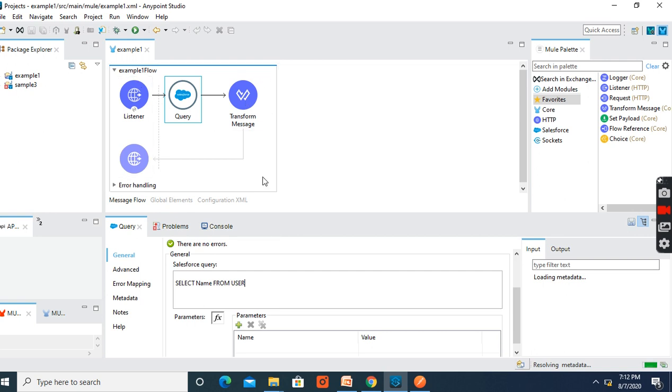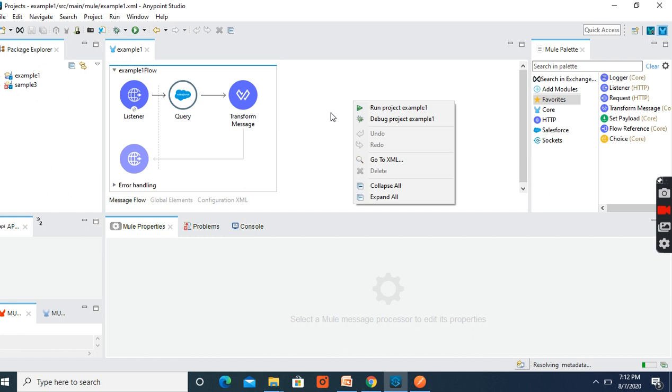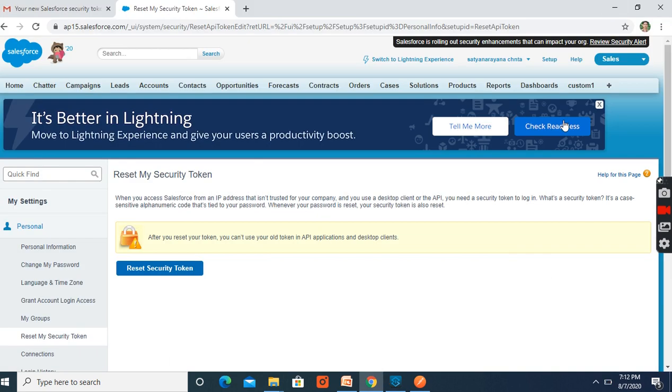Like this we can build the application as a sample demo. Once it is completed, right click on the canvas and click on the run project option. Once it is done, you can test the application.